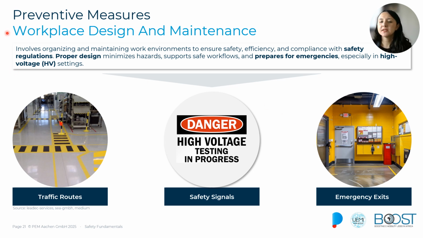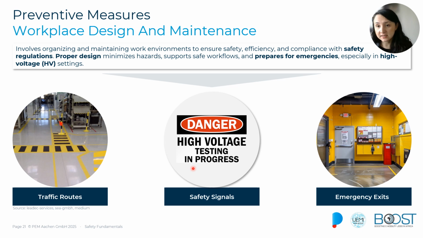Another important preventive measure that we have to work with is the workspace design and how we do the maintenance in that workspace. Some of the key elements are, for instance, the traffic routes. To have in our workspace clearly marked pathways for our workers and for the equipment is essential, to ensure that there is enough space for the worker to move safely, even in emergency situations. Then we also have safety signals, and these are going to be visual or auditory signals, such as, for instance,